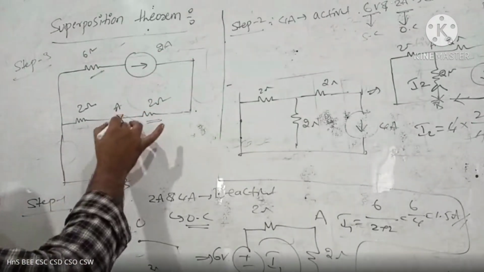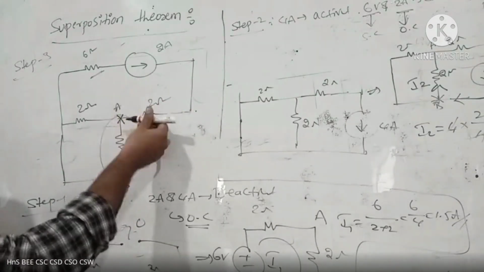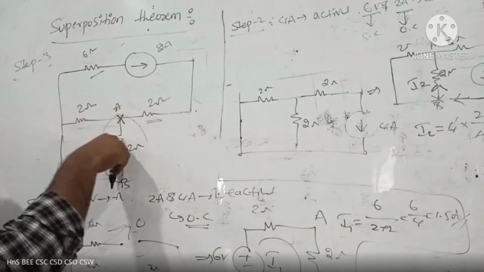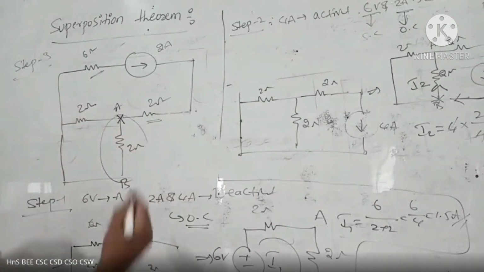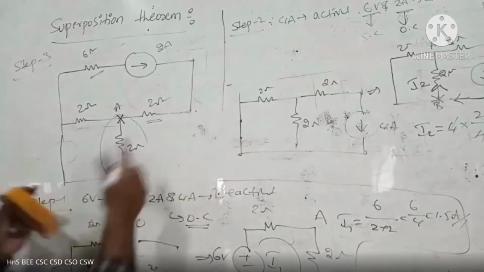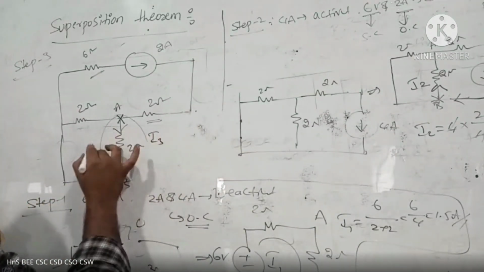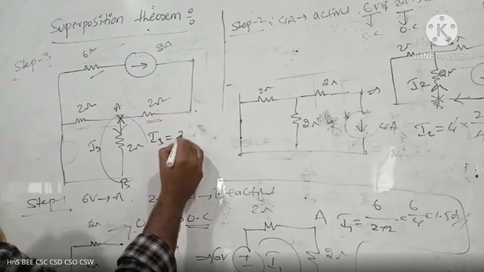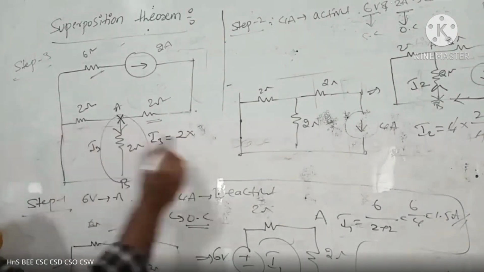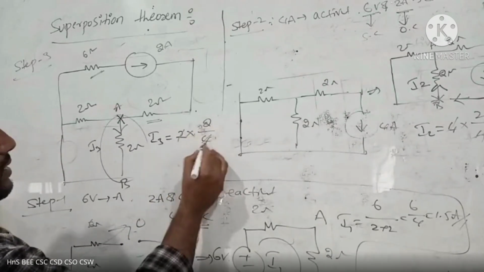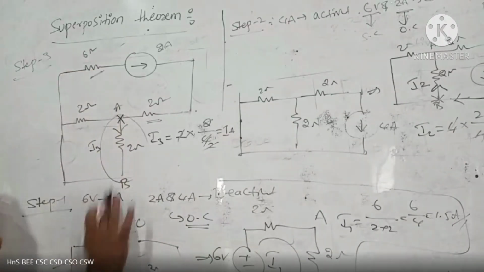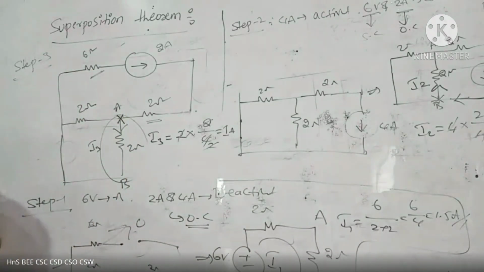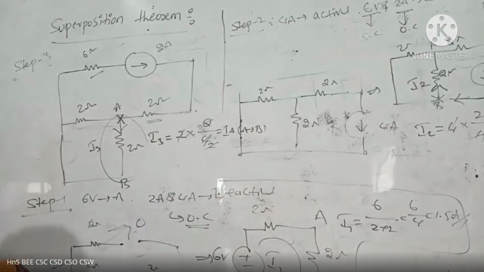Across the A point only, the total current is divided. Now you have to mention the current across a 2 ohm resistance by using CDR rule. Because any division is there, just you have to apply the CDR rule. Now that CDR rule is equal to, that is I3 current. For example, this is I3 current. I3 current equals total current into opposite resistance of 2 ohms, that is 2 by total resistance. 2 times cancel, then we can get 1 ampere. That 1 ampere is flowing from A to B direction or B to A direction? A to B direction.